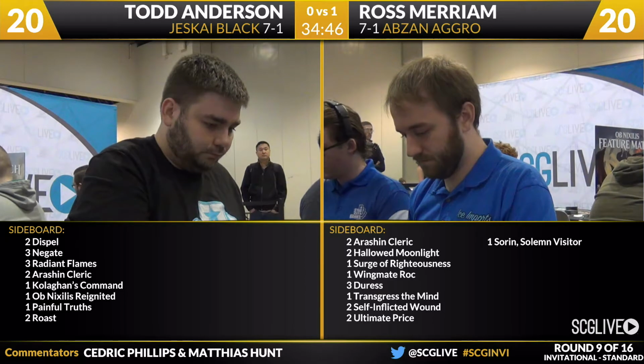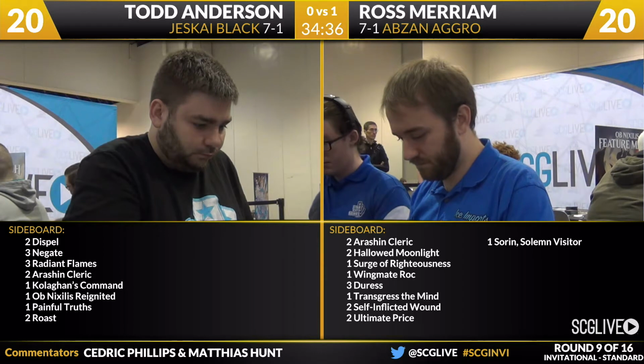These are all very interesting. I think he's going to go into a more control shell of kill all the creatures. For Ross Merriam, he's got 2 Irrational Clerics, 2 Hallowed Moonlight, a Surge of Righteousness, another copy of Wingmate Rock, 3 Duress, Transgress the Mind as far as discard is concerned, and then 2 Self-Inflicted Wound, 2 Ultimate Price, and